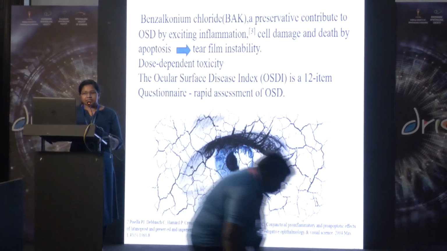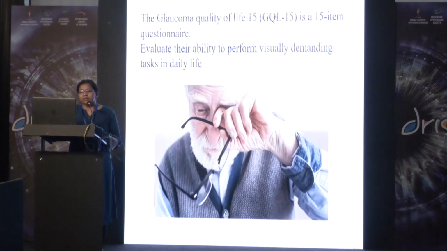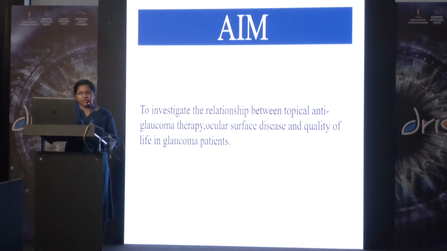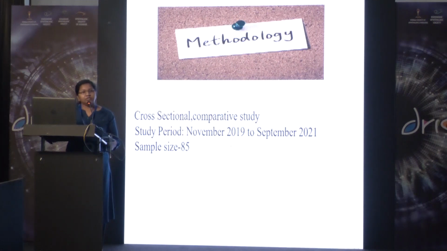The Ocular Surface Disease Index is a 12-item questionnaire used for rapid assessment of ocular surface disease. Glaucoma Quality of Life 15 is a 15-item questionnaire where the patient can evaluate their ability to perform visually demanding tasks in daily life. The aim of the study is to investigate the relationship between topical anti-glaucoma therapy, ocular surface disease, and quality of life in glaucoma patients. The methodology used was a cross-sectional comparative study from November 2019 to September 2021,